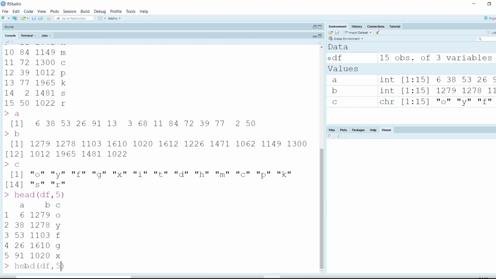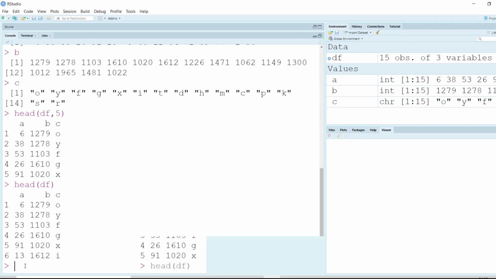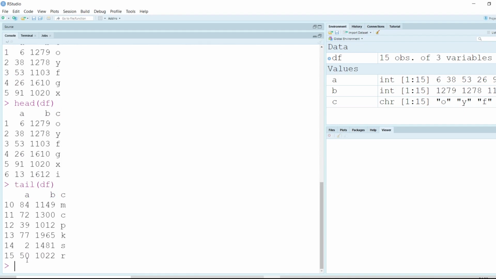If we do not pass anything, we'll get to see records from the first to the sixth row. Similarly, if we pass tail and df inside the parentheses, we get the last 6 records of the data frame.